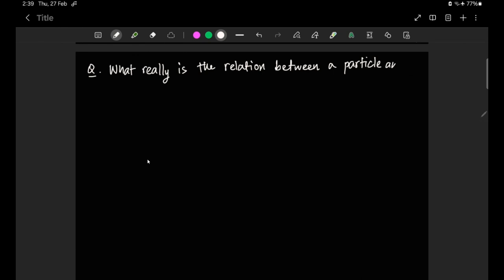So now let's analyze another question that we kind of went through in the first video. The question is, what really is the relation between a particle and a wave? This really concerns the idea of wave particle duality